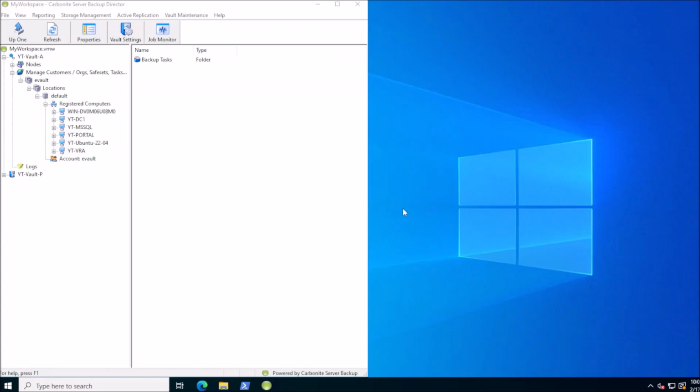a couple caveats with it that you just need to be aware of, such as pool file locations, and the big one here is to not back up the .pf files, which are the pool files of all your backups. I know it sounds a little bit counterintuitive, but there's reasons for it, and we'll get into that in just